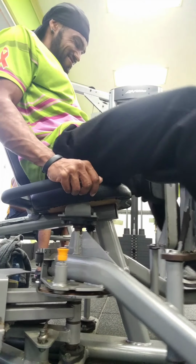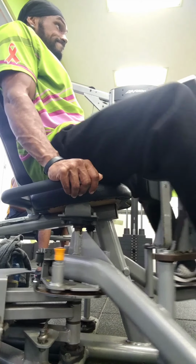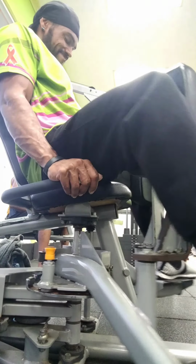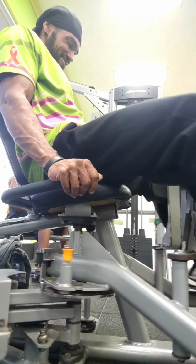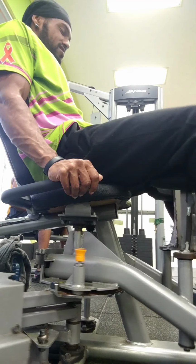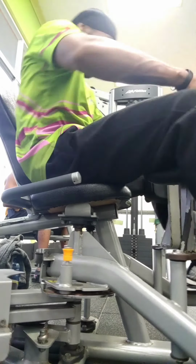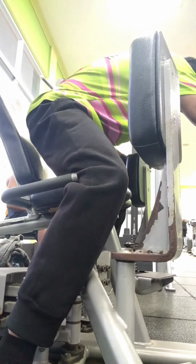It does help. A lot of pros use it, a lot of people do not believe in it because of the isolation, and it's kind of restricted for your hips, and your hips weren't designed to go like that. Yet a lot of bodybuilders use this, and you hardly hear anybody getting injured on these machines. Mostly you would hear about squats and deadlifts or some shoulder injuries, but not much on these machines. Yet some people do not move them. So I did a few sets of these,